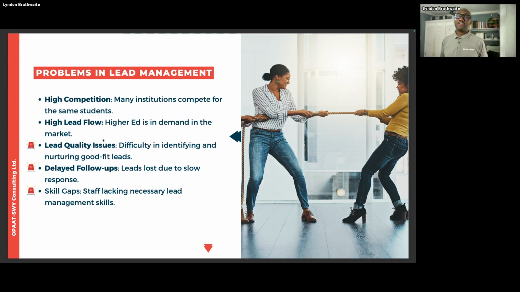And the things that we've been able to identify, apart from just process and technology, also comes down to skills. So that's what that last point is. There's a skills gap as it relates to sometimes people not having the right understanding, or maybe the organization themselves not properly structuring or mapping out, these are the things that we need to do when a lead comes in, this happens next. All right. So these are some of the problems as it relates to that.